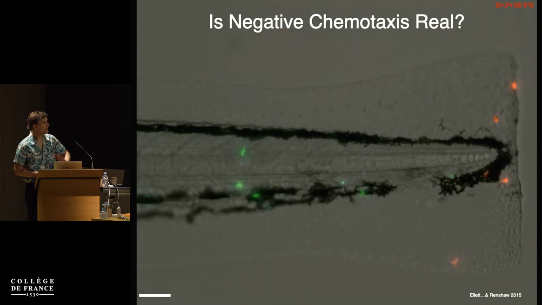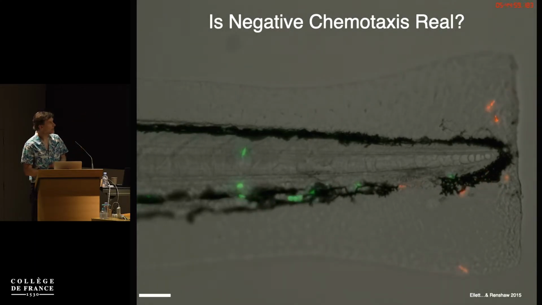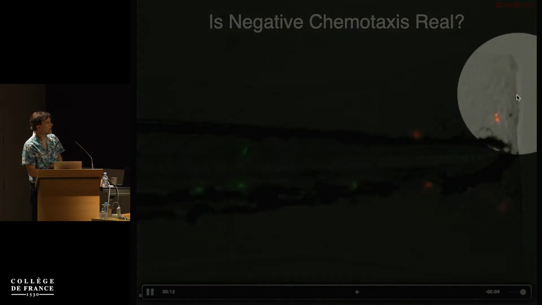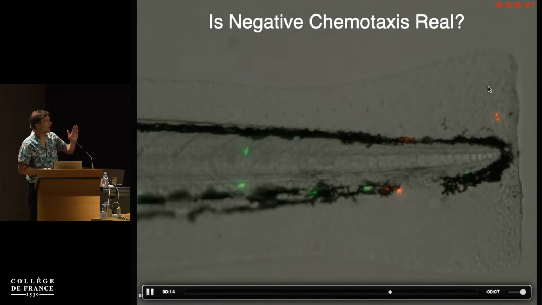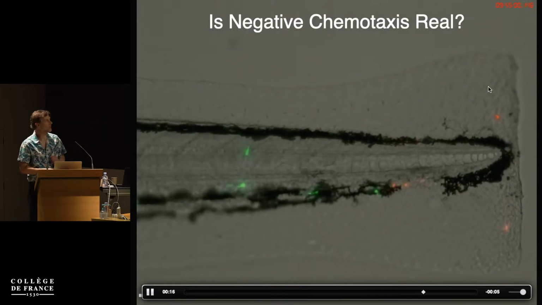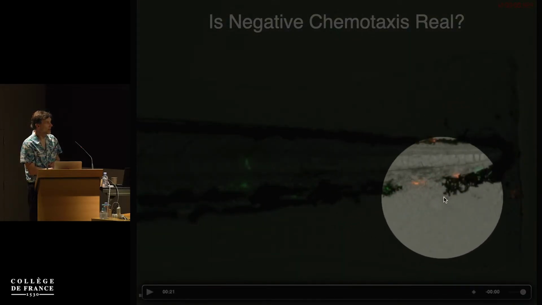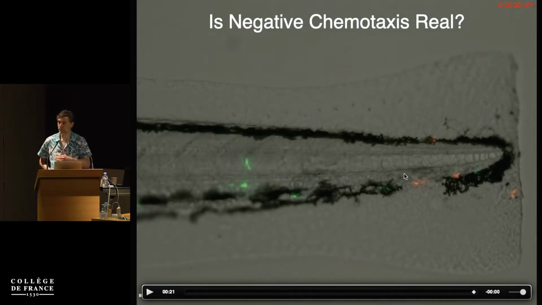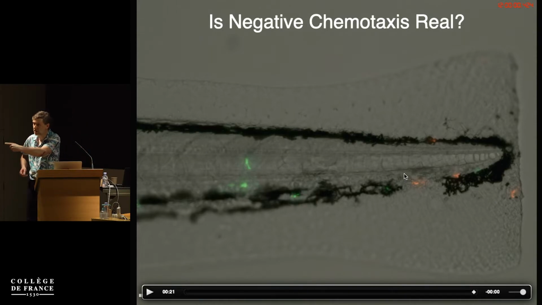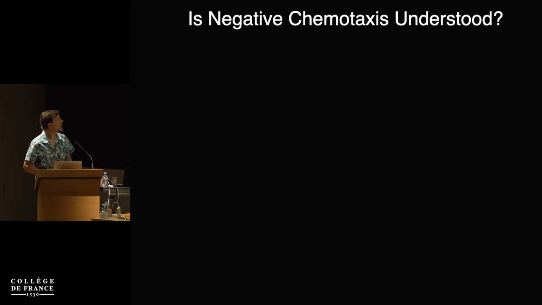This is a zebrafish where some of the neutrophils have migrated out into the tail, which has been wounded. And they've color changed the ones that were in the tail to make them red. And what you can see, it was dogma that this never happened. Some of them have migrated back into the vasculature and reverted. And this is called reverse chemotaxis. So they chemotaxed out to go and see the wound, and then they chemotaxed back in again afterwards to join the vasculature. Now, is negative chemotaxis understood?